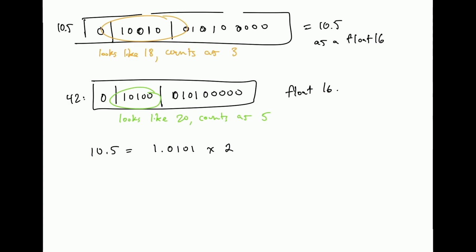Okay. So this is what it, oops, not erase it. That is 10.5, right? And if I move the decimal point, or the radix, excuse me, 3 positions to the right, I get 1010.1, which is 10.5, right? So it's all good, right? Yes? All right, if I do the same thing with 42,